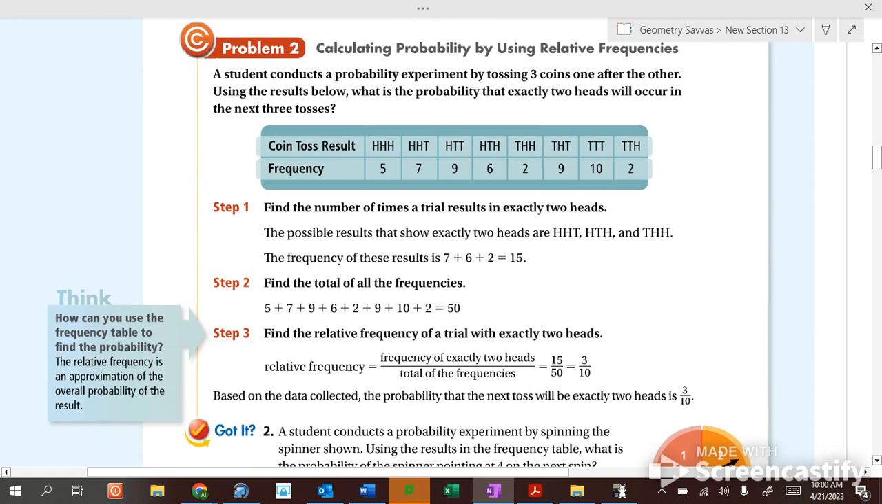Okay? A student conducts an experiment. There are the 8 possibilities of flipping 3 coins. Now, did it work out perfectly like the theoretical probability said it would? No. He was flipping 5 coins. This is experimental, so his results are all over the place. So, we want to know what's the probability of getting exactly 2 heads. Well, he flipped the coins 50 times. The exactly 2 heads were right here, and right here. So, if we add them up,